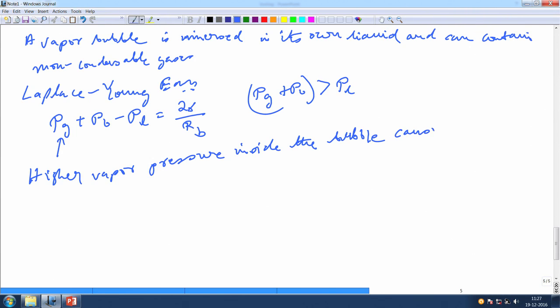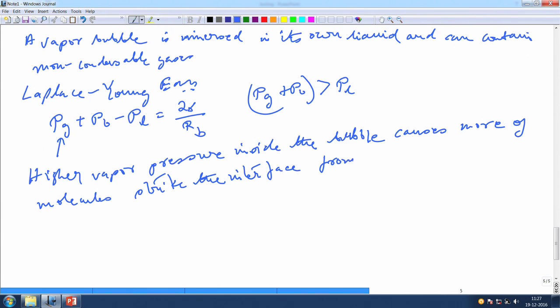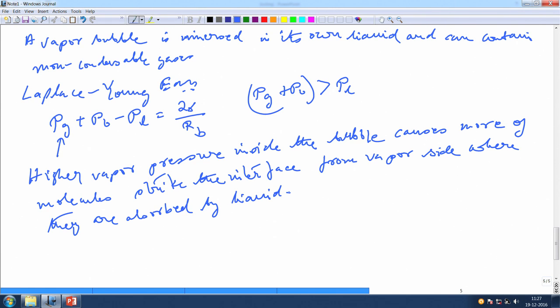causes more number of molecules to strike the interface from vapor side, where they are absorbed by the liquid. Okay. So, now to maintain a mass balance, right, because mass has to be maintained in equilibrium,